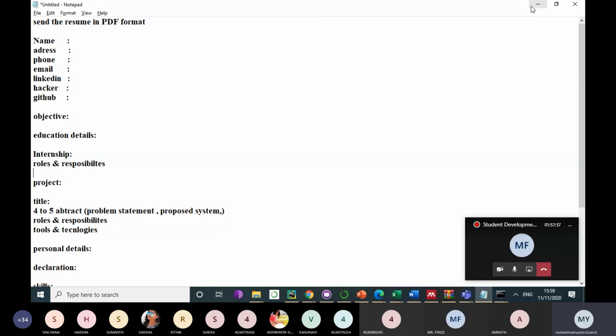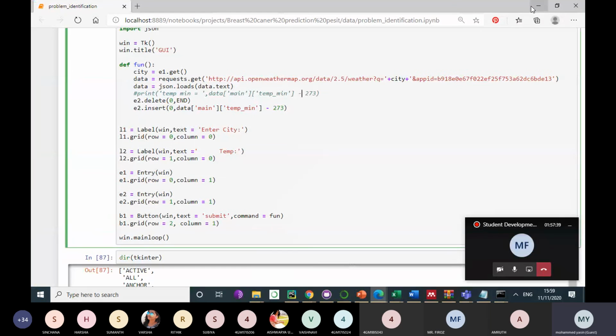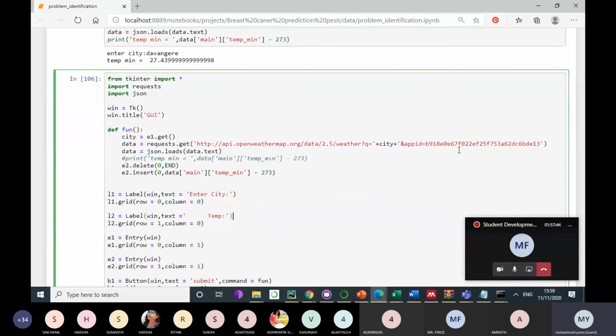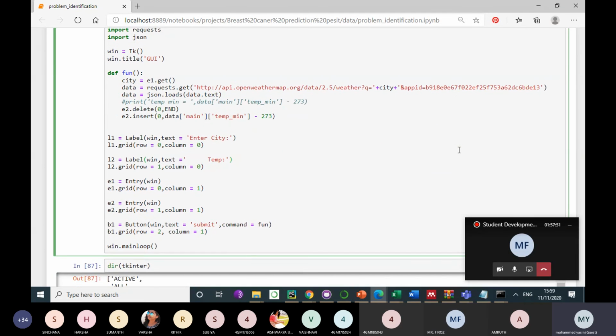I just gave them a brief overview of how it should be working, and I showed them a kind of UI pilot also, because some people are not interested in going into data analytics. They are Python developers and they can go into this domain. The project I did is like this.